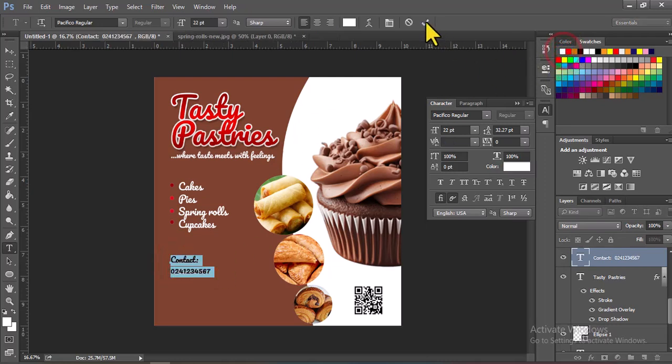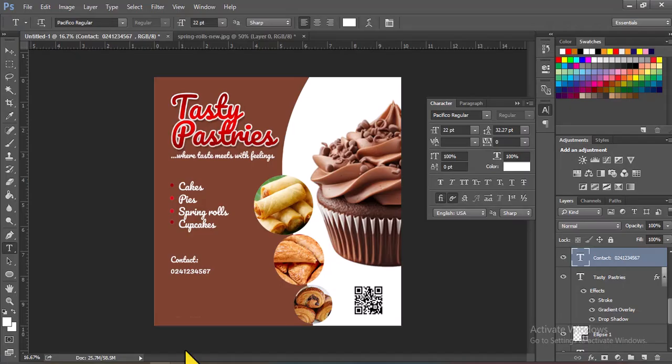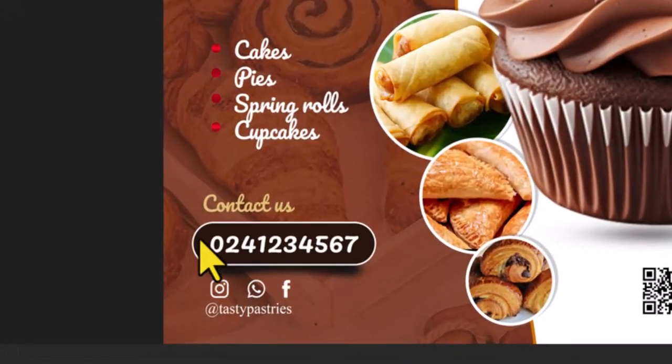Let me choose a color that I can see. Now when it comes to the contact, it's 36 points. So I pick this one and then I make it 36. You can press enter to get it done for you. All right, so this one has a